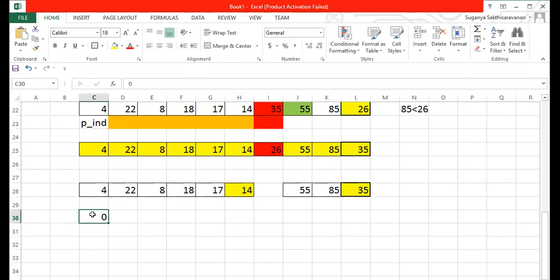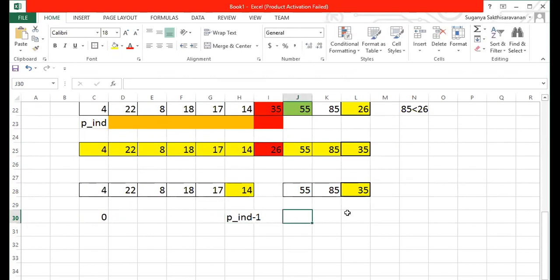So this is your array starting from 0 till what is this position? What is the position of this p index? P index position is this. What is the ending position? P index minus 1, isn't it? Here the ending position is p index minus 1.